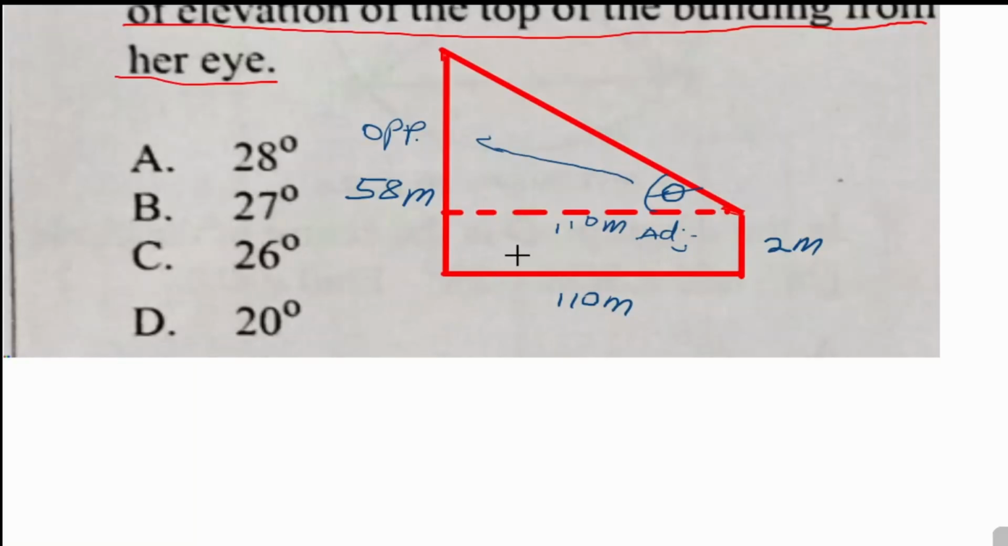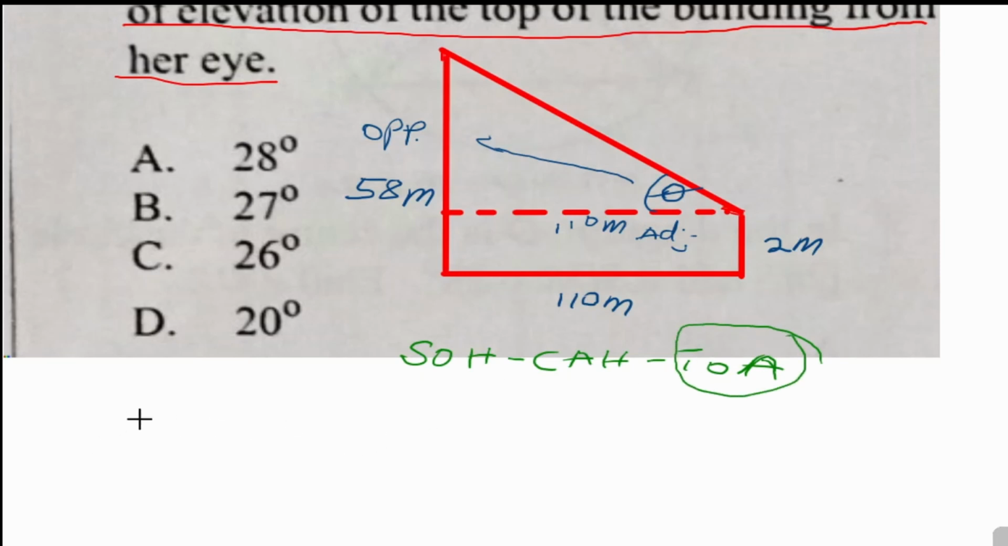And by using the three basic trigonometric ratios, we see that sine equals opposite over hypotenuse, cos equals adjacent over hypotenuse, and then tan equals opposite over adjacent. So we will use tangent in this case. So the setup is going to be tan